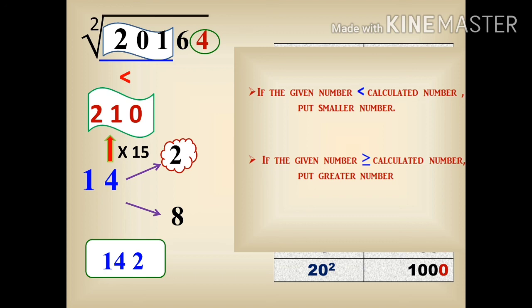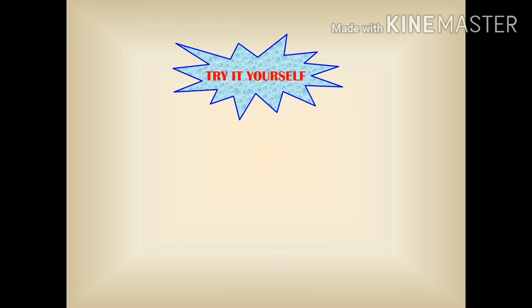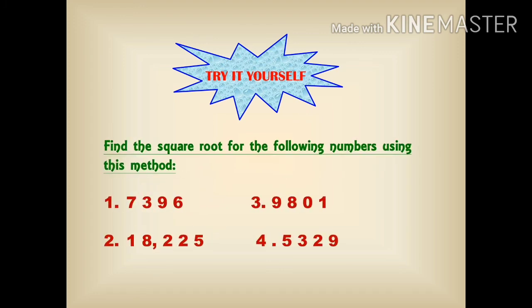So next column is the try it yourself column. In this column I am going to give some questions. So try to solve these problems using the method which you saw today. Then only you will come to know how easy this method is, how much time this method saves. Here are the questions. These numbers are perfect square numbers, so you can apply this trick, because I have already mentioned this trick cannot be applied for non-perfect square numbers.